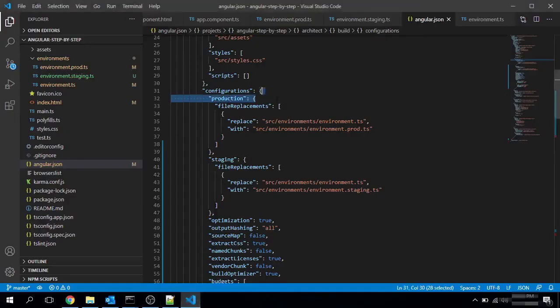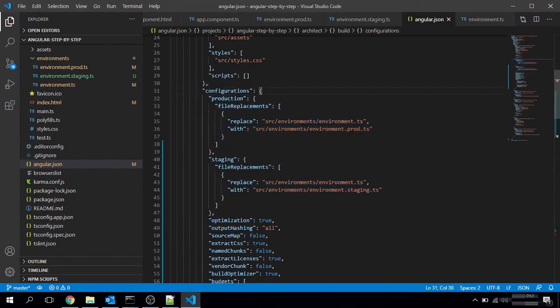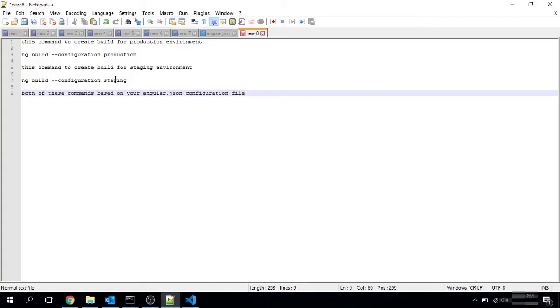In our case, I have created these two commands. Whatever we are writing here, production or staging, we will use in this command.